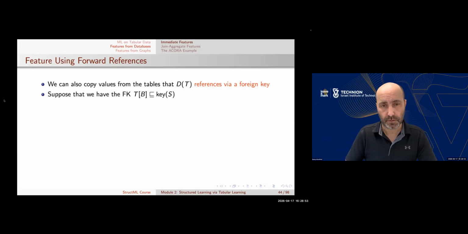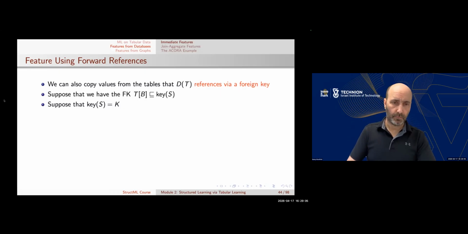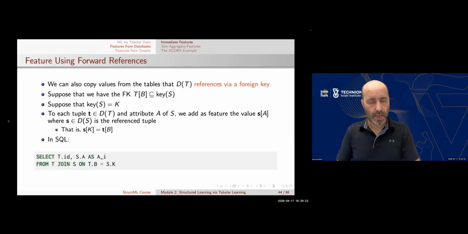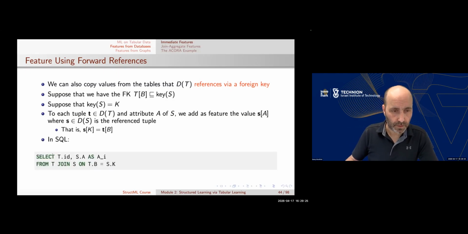Formally, suppose that we have this foreign key T.B contained in the key of S. T is our target table, and we denote the key by K. We find the tuples S that are referenced by this tuple T, basically S such that S.K is equal to T.B. And it will look in SQL like